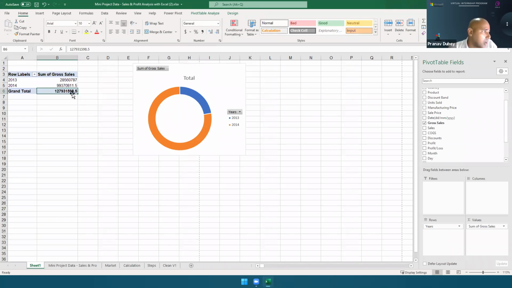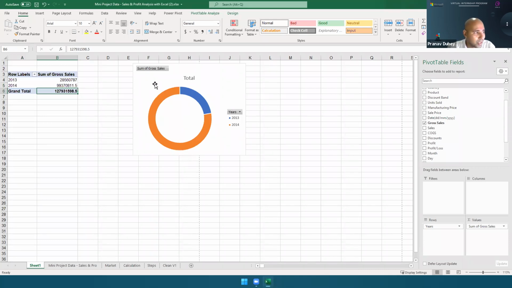Now, what share of sales is coming from 2013 and what share is coming from 2014? So remember this, that pie charts or donut charts are used when you want to show something out of 100%. So if the total sales is our 100%, one entire circle, then how much is 2013 and how much is 2014?